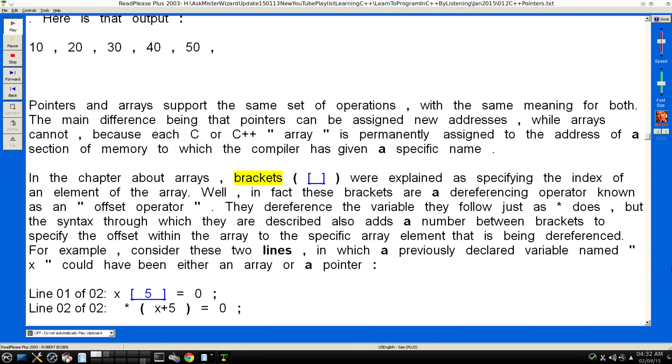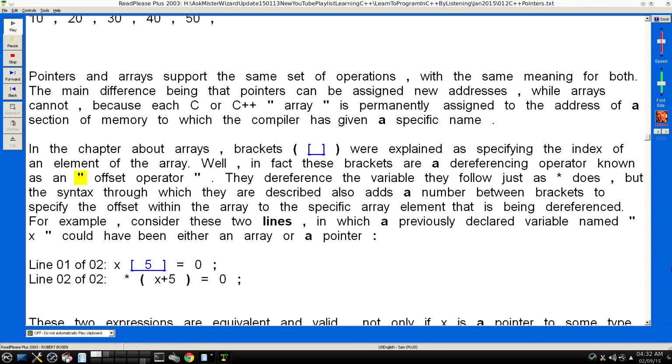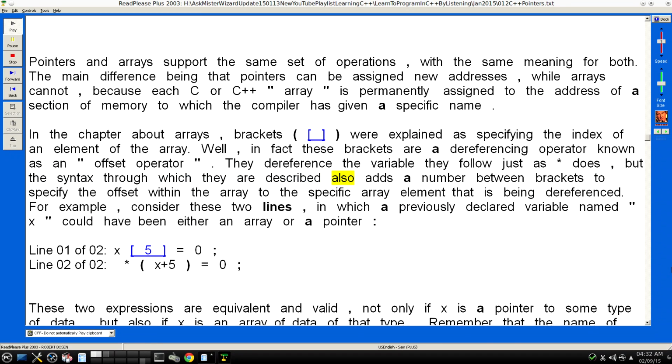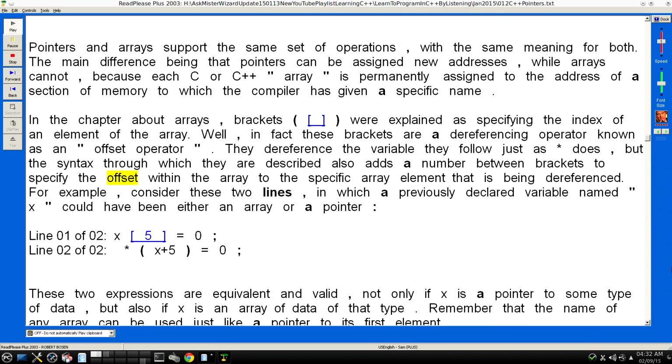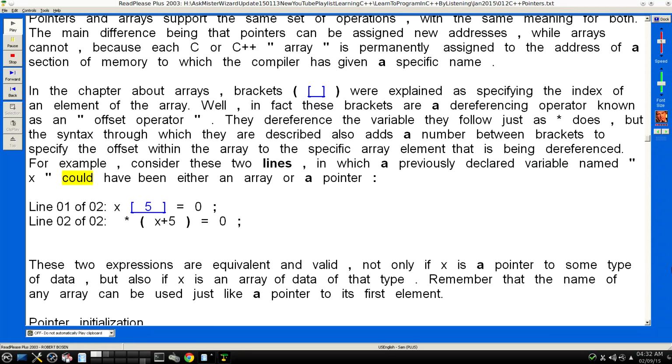In the chapter about arrays, brackets ([ ]) were explained as specifying the index of an element of the array. Well, in fact these brackets are a dereferencing operator known as an "offset operator". They dereference the variable they follow just as asterisk does, but the syntax through which they are described also adds a number between brackets to specify the offset within the array to the specific array element that is being dereferenced. For example, consider these 2 lines, in which a previously declared variable named "x" could have been either an array or a pointer: